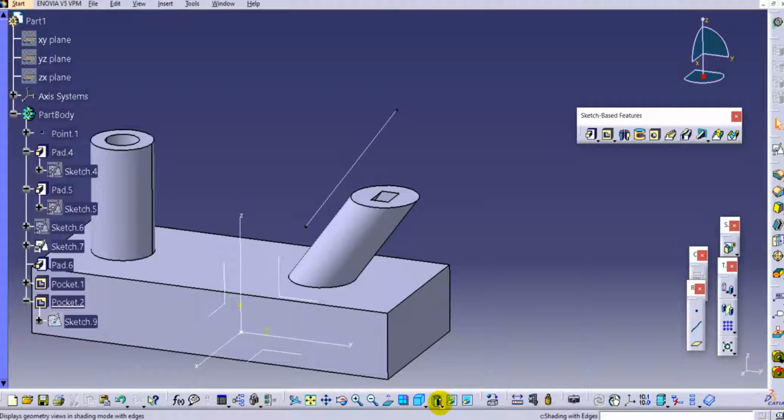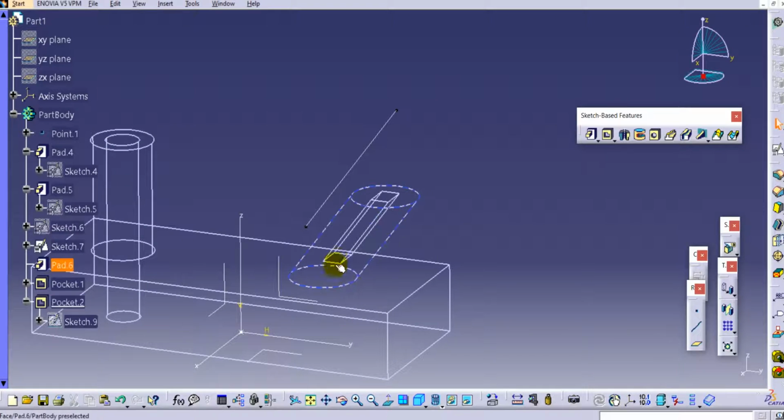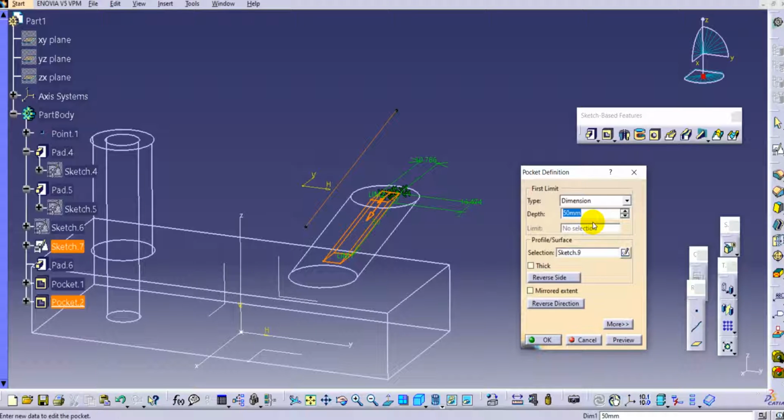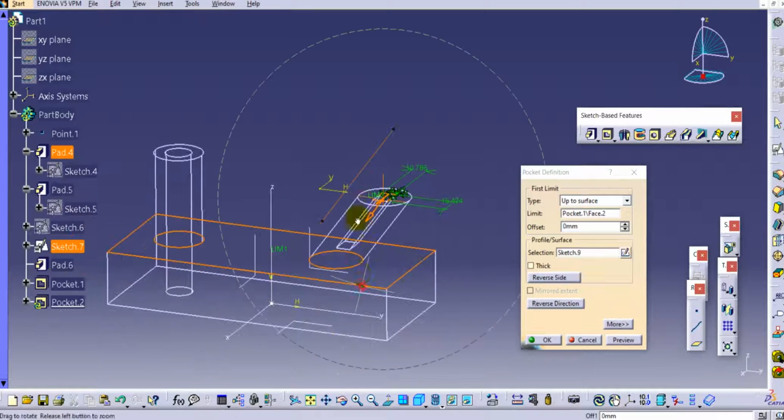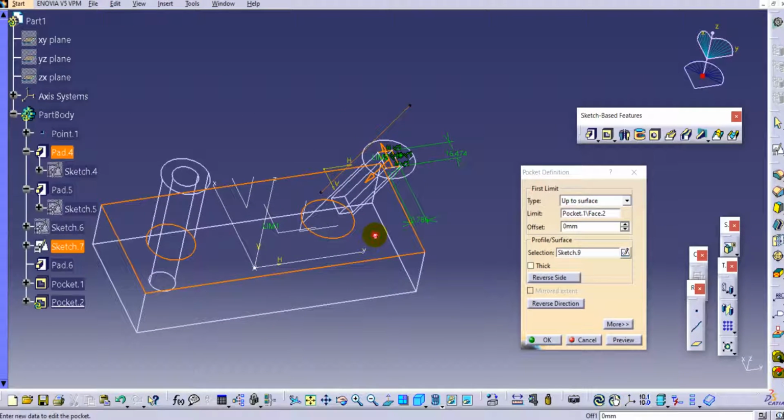We have this option here, the shading with edges, and here you can just check the wireframe of it, and you can see it is still somewhere inside that cylinder. If you double click it, let's say we'll try to change it to surface here, and just select the surface, not this one, you will just select the bottom surface instead.